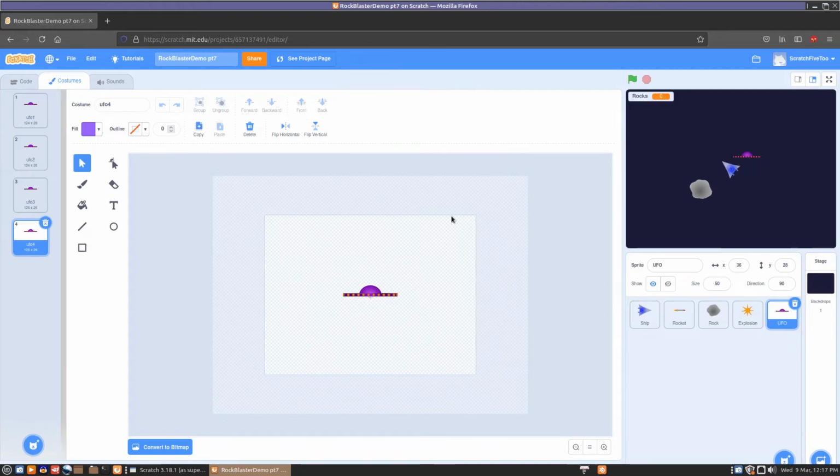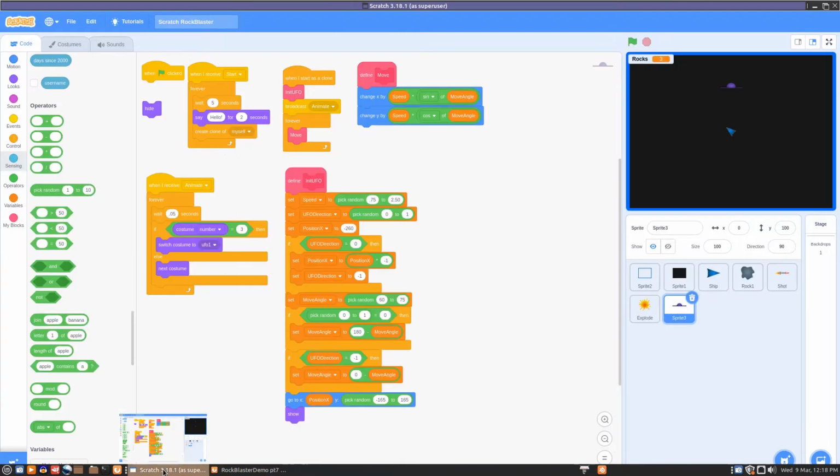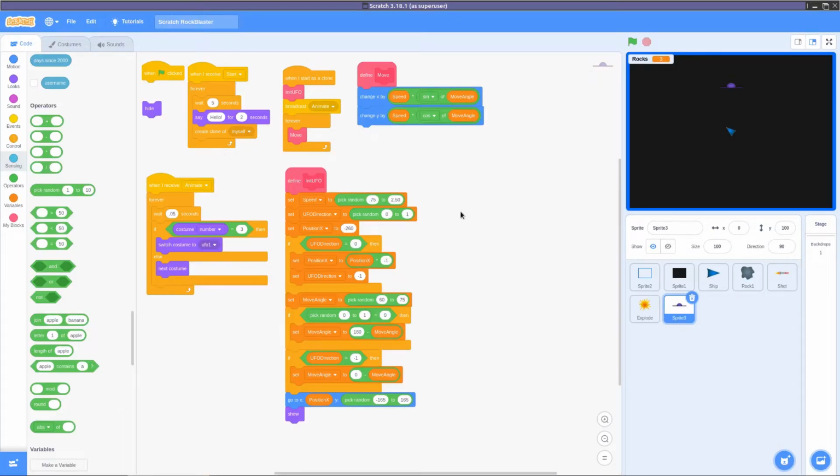Hello. In the last video of the Scratch project, we got a UFO with a little bit of animation going. We really just made the image and the animation, and in this video we're going to get it moving. So I've worked ahead a little bit, and in an offline version, I've worked out